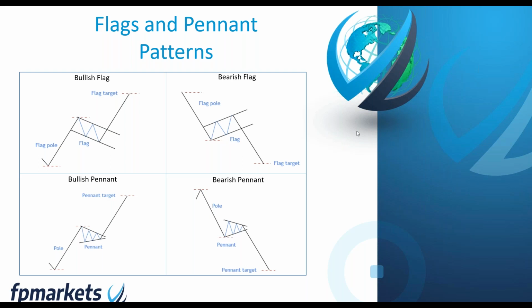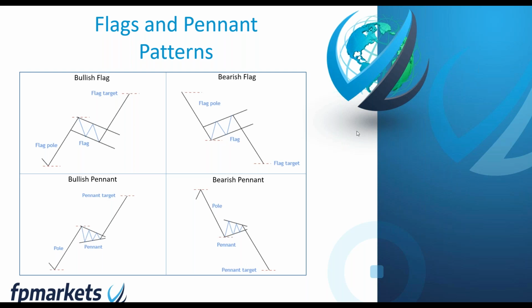So one final note on the flag and pennant patterns is the take profit target. The price target for both patterns is sometimes called the measured rule. You'll note this if you've read some technical analysis textbooks. This is what they tend to call a measured move. This is what the measured rule is. What a lot of traders use from textbooks involves taking the distance from the beginning of the flagpole and extending this value from the breakout point.